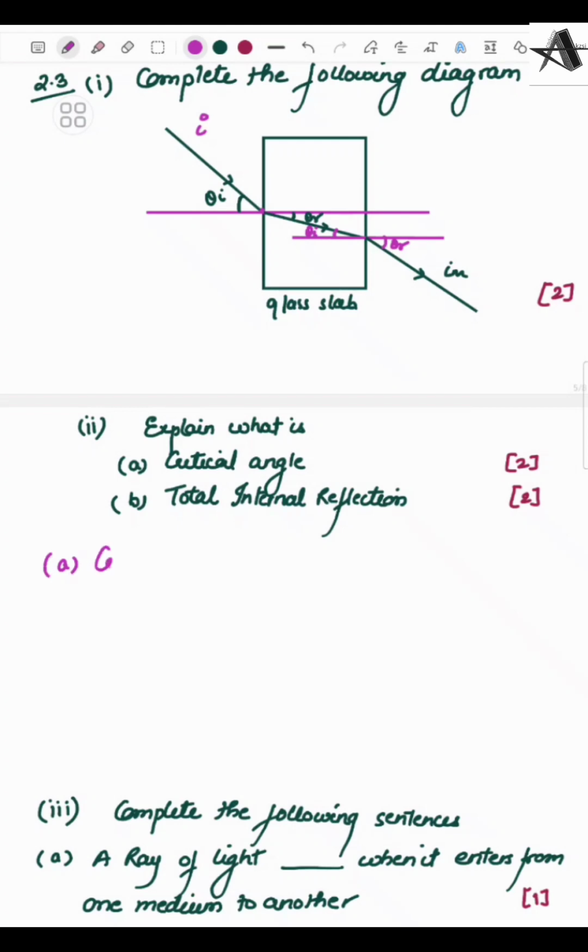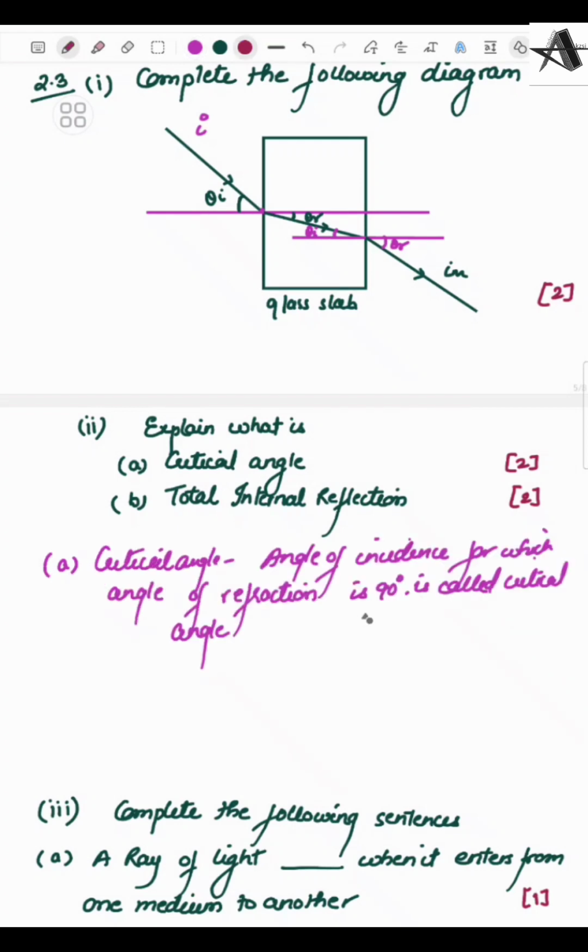So I can say, optional, you can draw a very small diagram to show that this is the angle of incidence and for which the angle of refraction is 90 degrees. So this is theta r is 90 degrees, theta i is actually theta c, that is the critical angle. Second,